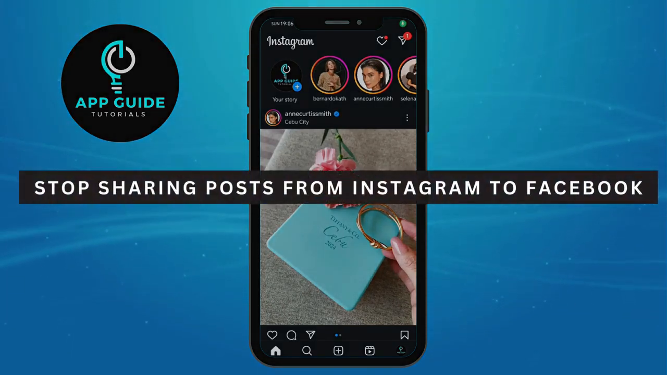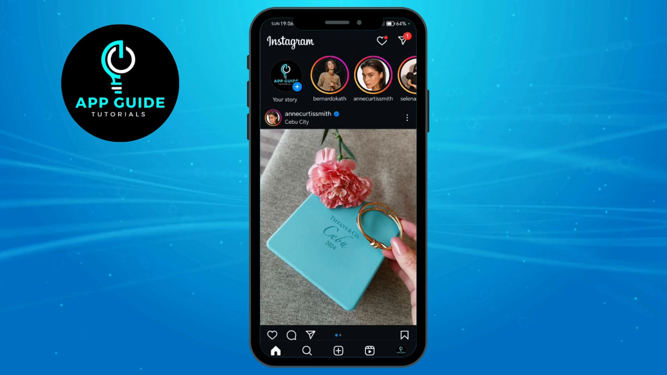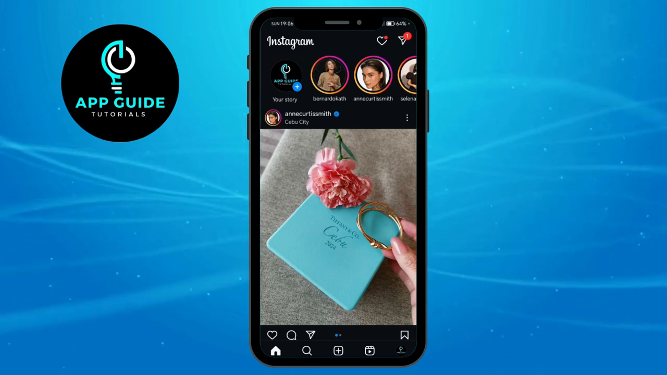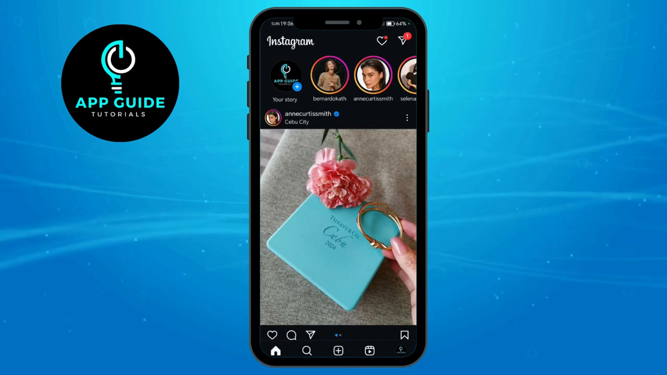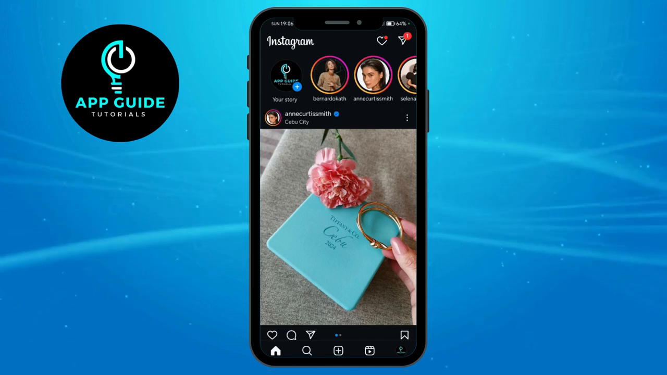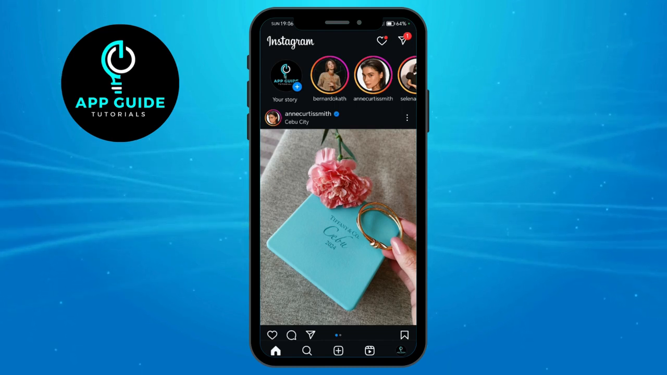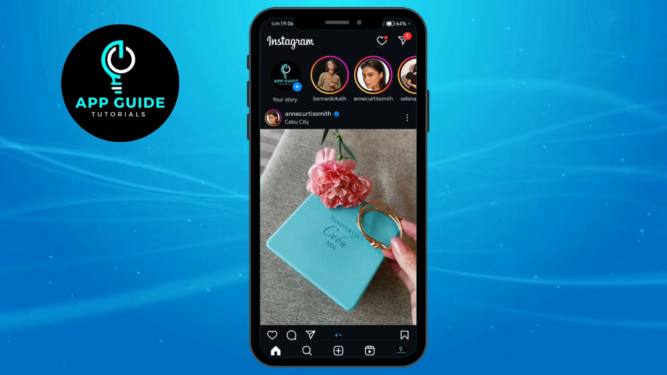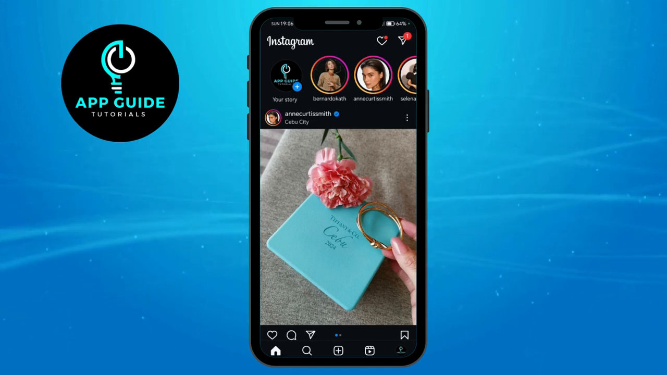How to stop sharing posts from Instagram to Facebook. Now let's say your Instagram account and Facebook account are linked to one another. However, you don't want to share your post on Instagram to Facebook. Now all you have to do to end that situation and stop sharing your post from Instagram to Facebook is